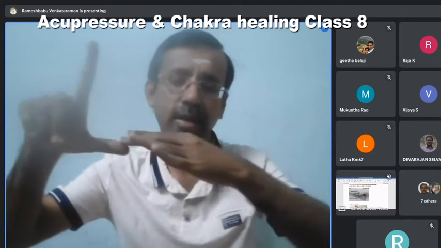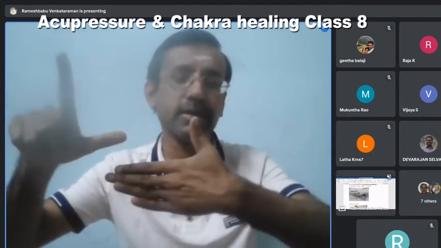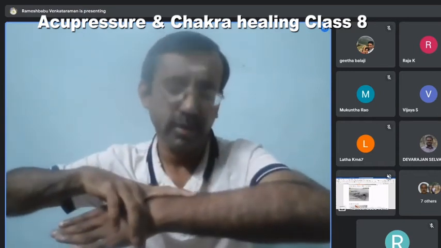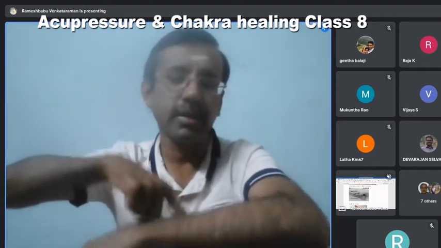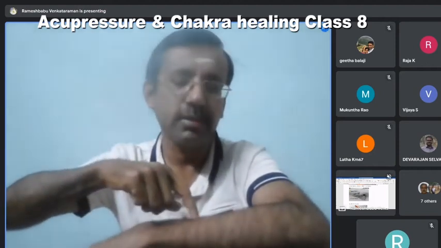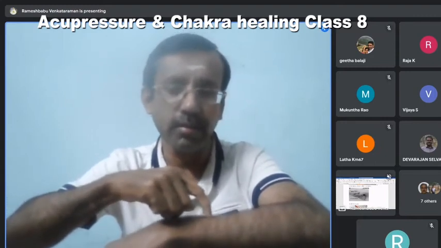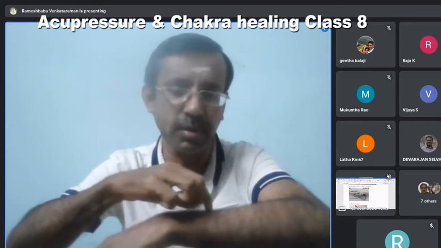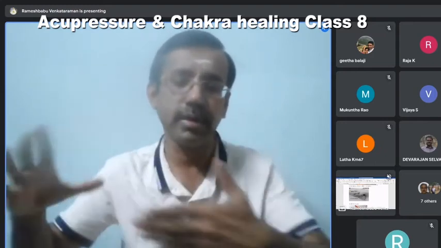Alkati viral in the kata viral rendu ipdi pirichukonu L shape la, and keep this finger like this, and then just put them here. Okay, straight. Okay, this is where LU7 is there. If you have any lung problem, especially because of COVID, you can see there's a small pain there. I can see the pain now. This is LU7.